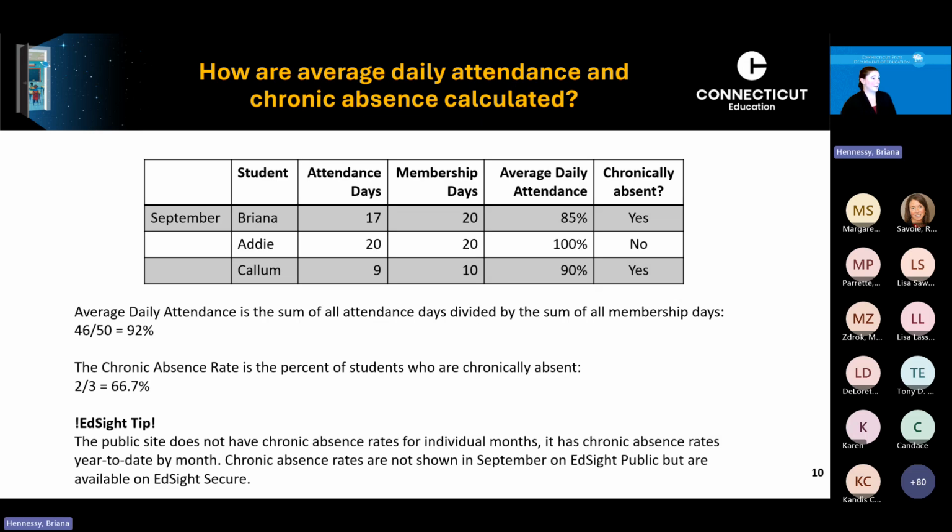To find the average daily attendance across all students, we're going to take the sum of all attendance days, which is 46, divided by the sum of all membership days, which is 50. That equals 92%. Notice that Callum is only contributing 10 days to the average daily attendance. The chronic absence rate is the percent of students who are chronically absent. In this case, both Callum and Brianna are chronically absent. So the chronic absence rate is